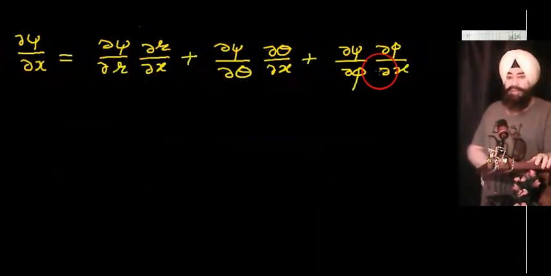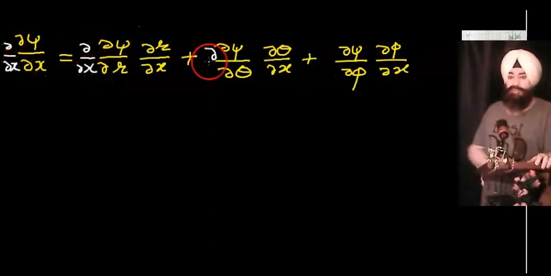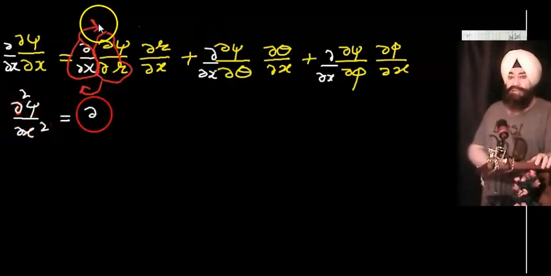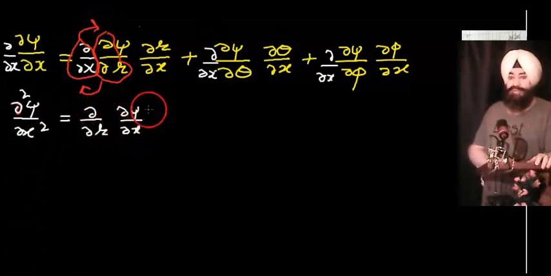Again writing psi, variation with respect to r, theta and phi. Now again differentiating it with respect to x. So just interchanging, like look the arrow. Okay, then the equation becomes